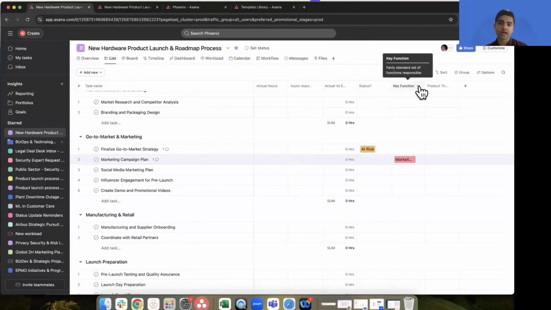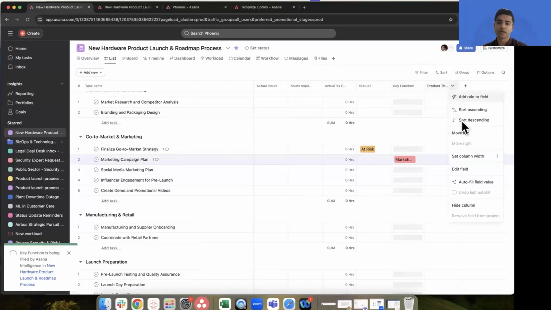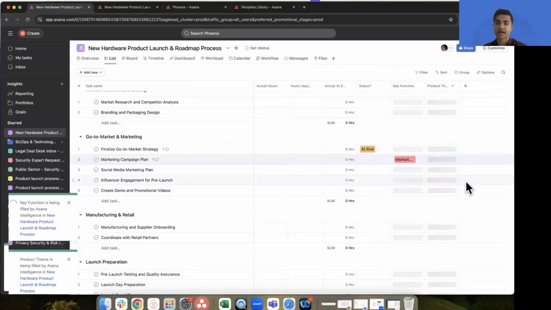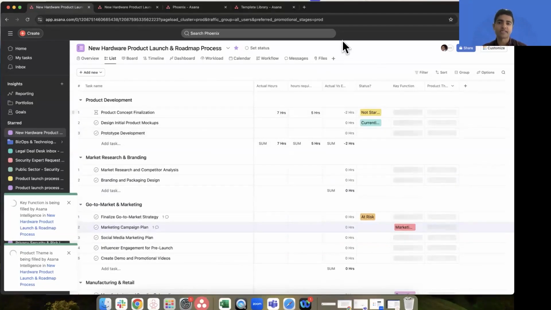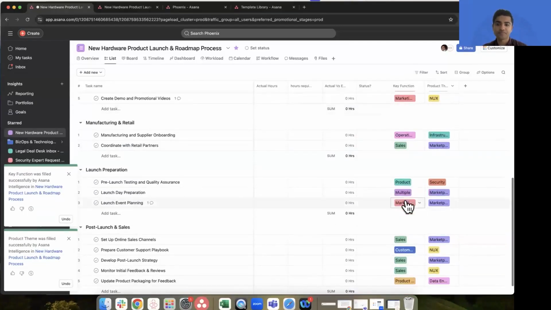So what if we want to say, okay, everything's in here, but I don't want to have to go and fill in all these custom fields myself. AI can now do some of that for you. So what I'm going to do is just say, hey, AI, can you help fill in these custom fields based on your knowledge of which function needs to do these specific things? And it's going to go in, it's going to look at any details available in these tasks, conversations, comments, attachments, what have you, and update these on its own.